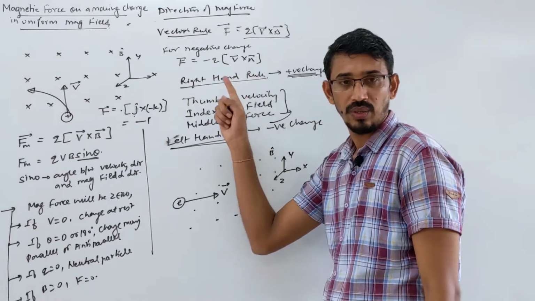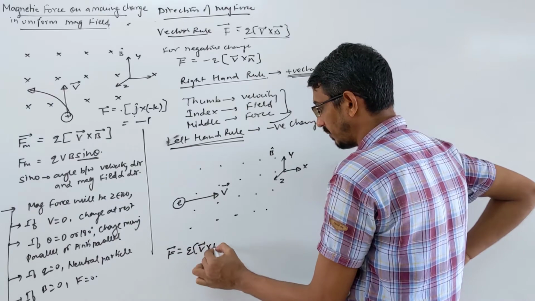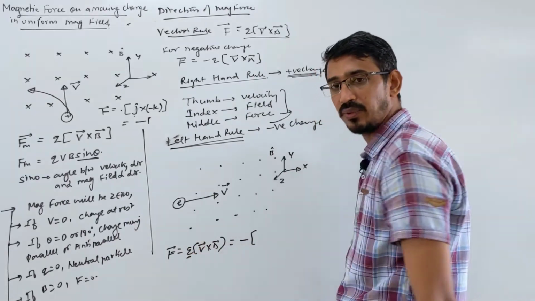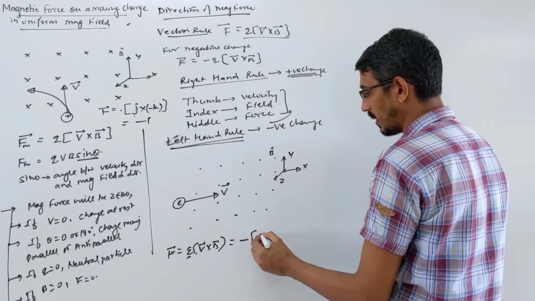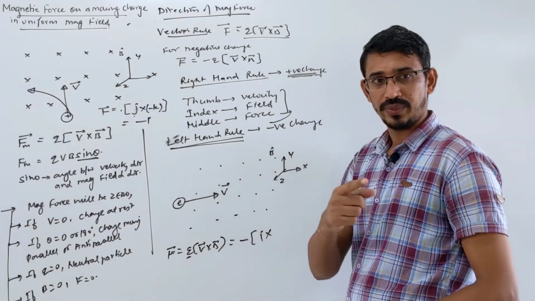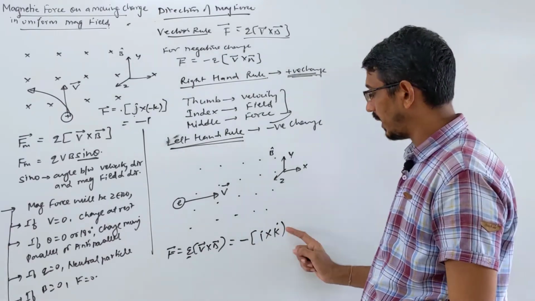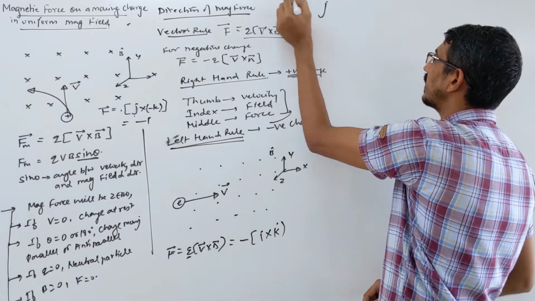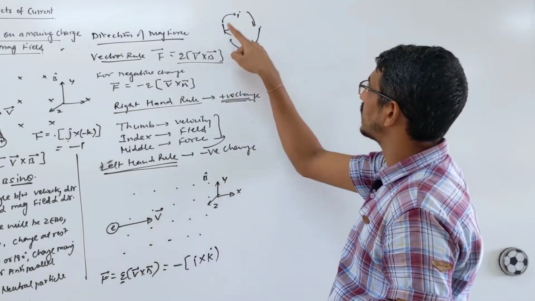Okay, first write vector rule. Let's understand vector rule. We write F is equal to what? Q V cross B. So what you will do, it is negative, so put a minus sign outside. Q is what? Negative. What is direction of velocity? This particle moving this direction means what? X direction means what? I direction. Correct. What is direction of magnetic field? Magnetic field is dot, means outward. Correct. Outward means what? K direction, right? So we know that I cross K is called what? Minus J. You remember the cycle for multiplication? I J K. Okay. So we need what here? I cross K means answer is what?